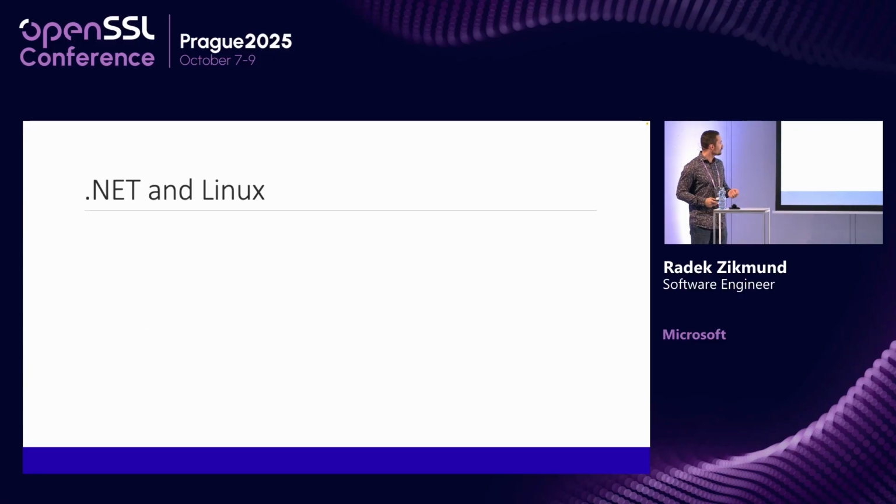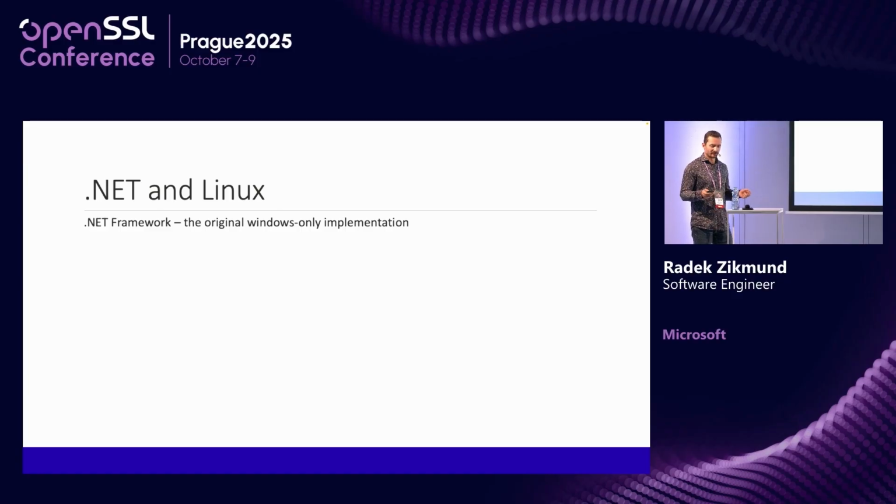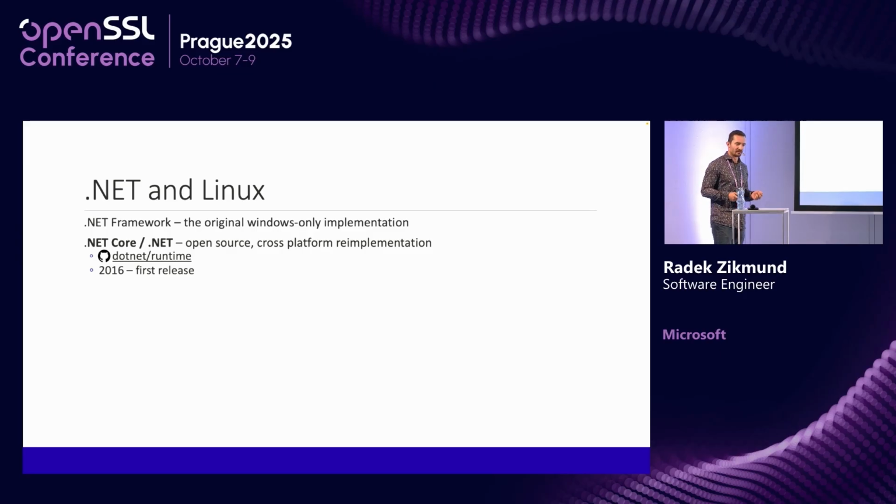So let's start with .NET and Linux. As I mentioned, many people think that .NET is a Windows only thing. There is this thing called .NET Framework, which is the original implementation that has been there for decades, and as mentioned, is Windows only. However, at some point, it was decided that it would be nice to have something cross-platform and re-implement it and basically repair some of the maybe design mistakes that have accumulated over the years. So at some point, the .NET Core development has started,